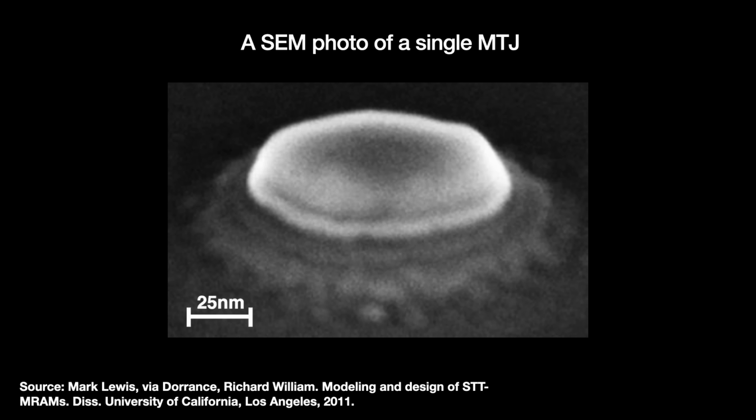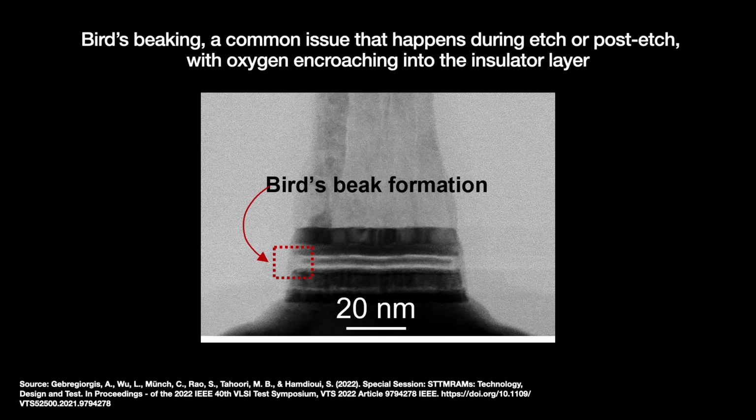The technology is technically CMOS compatible, but fabbing the 15 to 20 various metal and dielectric stacks that make up the MTJ is challenging. In particular, the insulating oxide barrier between the free and pinned layers needs to be about 1 to 2 nanometers wide. Common issues often happen during the etch or post-etch process, where oxygen impinges into the insulator layer to create an